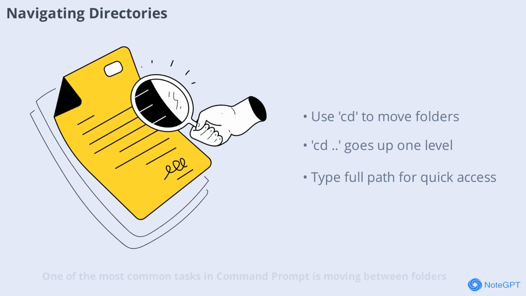One of the most common tasks in Command Prompt is moving between folders or directories. The cd command stands for change directory. For example, typing cd documents moves you into the documents folder. To go back up one level, use cd ... You can also type the full path like cd C:\Windows to jump directly to a specific location. Mastering directory navigation is key to working efficiently in Command Prompt, so take a moment to practice moving around your